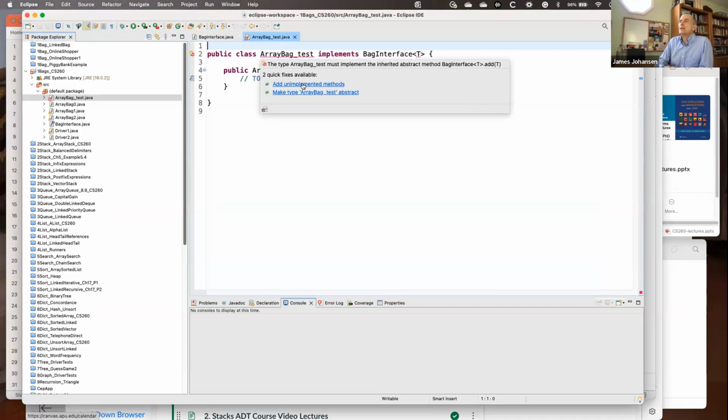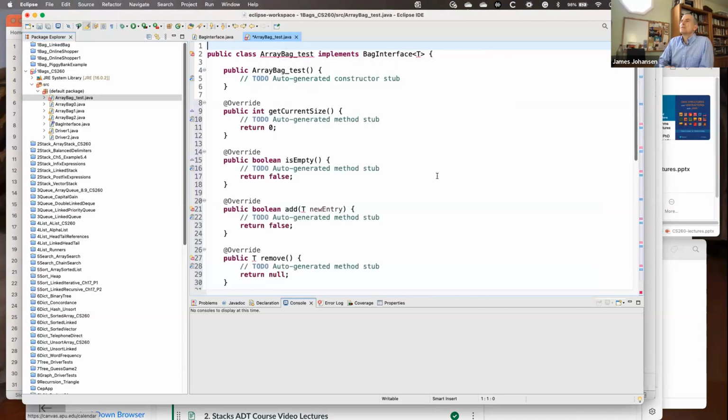So we want to add the unimplemented methods, and this is where you get the code stubs, because it's doing that implement. That's the first thing that we need to fix. And these are all of the methods that have to be implemented.